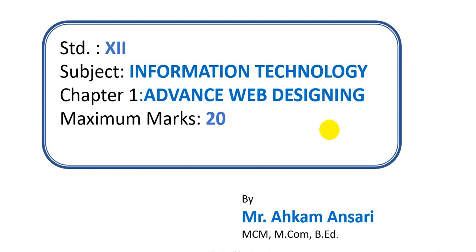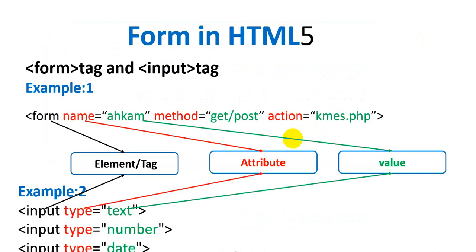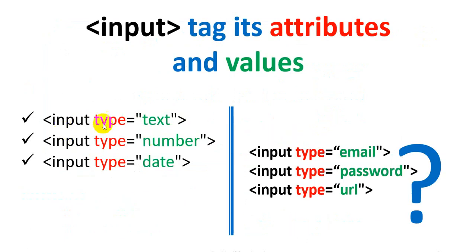First, we started with input type and its attributes. Then we saw some input types, that is, input type equal to text. We saw that it creates a text box. In that text box you can insert any number as well as any text and symbols. In input type equal to number, you can insert only numbers. And input type equal to date is a newer feature of HTML5. In that input type, you can insert any date, and it will create a calendar.